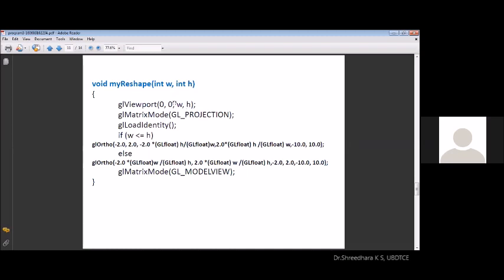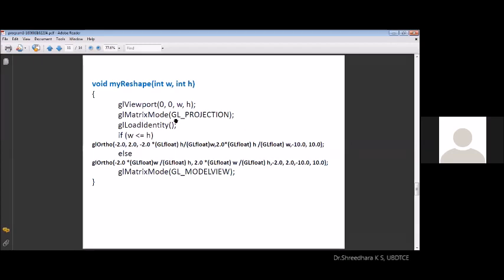And this effect you can observe on your screen. For the time being, for this program, the window size only we are creating for a viewport and made the same value, 0 0 W H, GL matrix mode, GL projection, GL load identity.